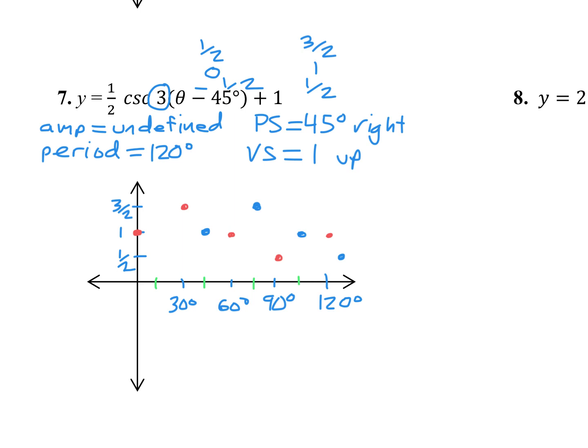And then following the pattern, I know that there's going to be another bottom level here. So a couple reasons I can tell is, one, I know the period is 120. So if I take the coordinate on the very far right and I subtract 120 from it, it should be